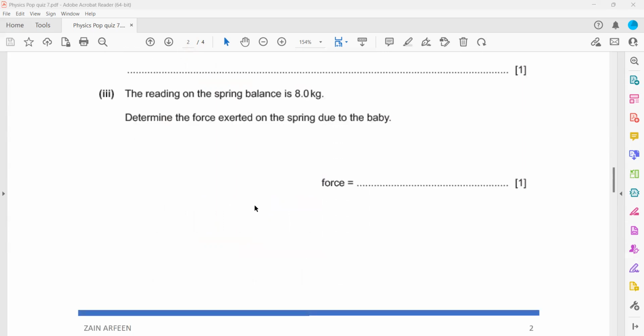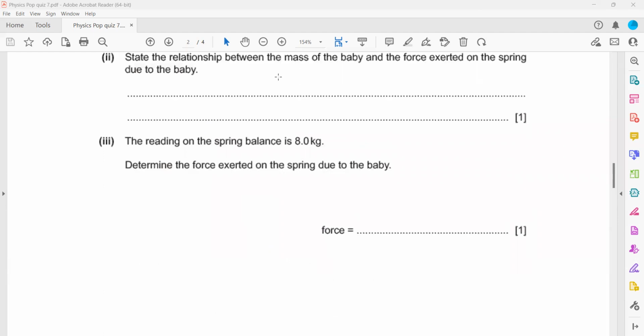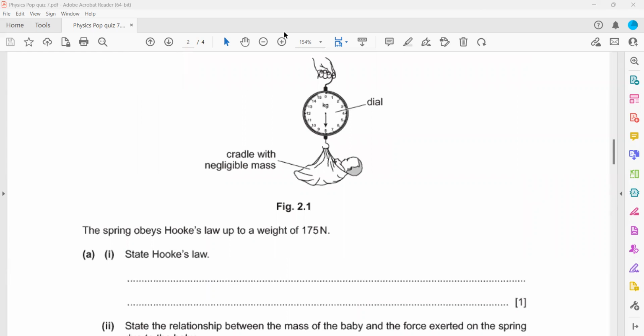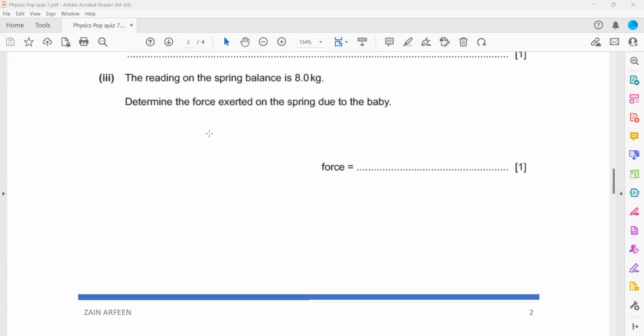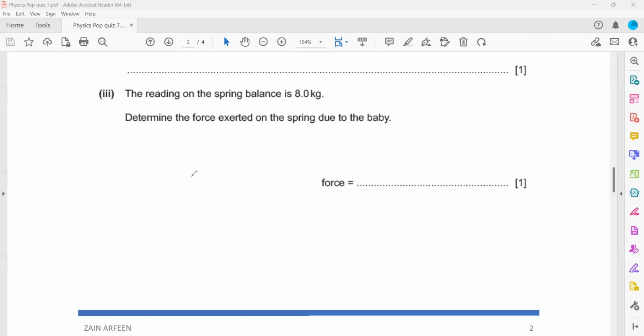The reading on the spring is 8 kg. Determine the force exerted on the spring. They are asking for the weight, because the force exerted on the spring is actually equal to the weight of the baby. As gravity is pulling, there will be a force acting, and that force is actually the weight. So the force exerted on the spring is equal to the weight. If they are asking for weight, weight equals mass multiplied by gravity. So W equals m into g,